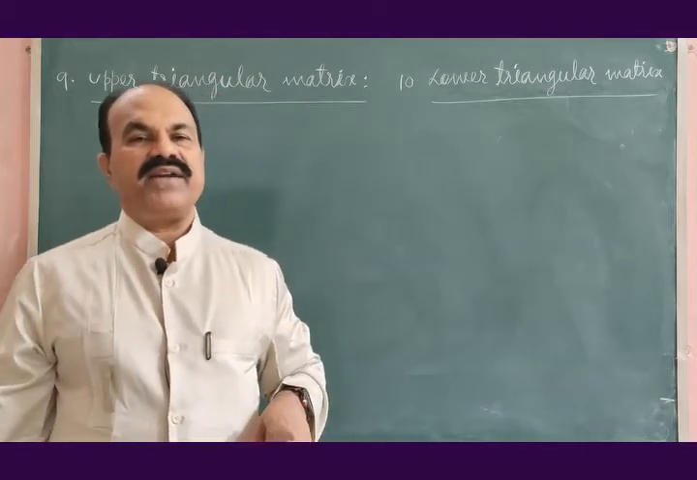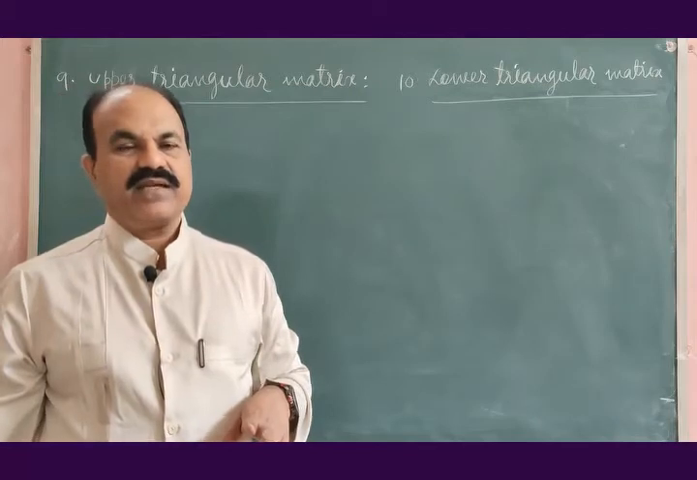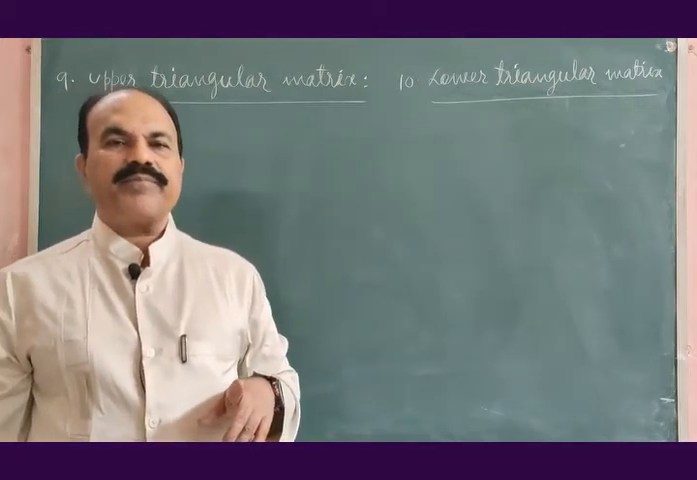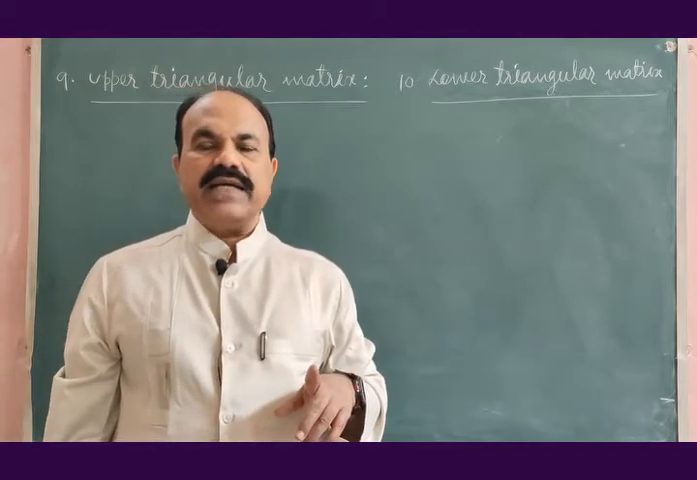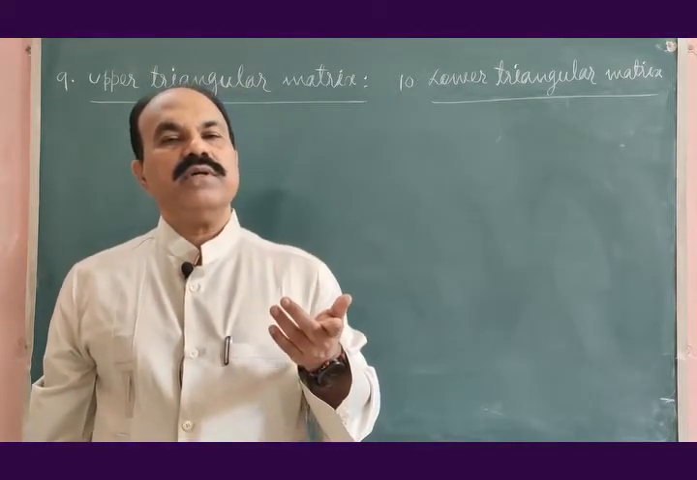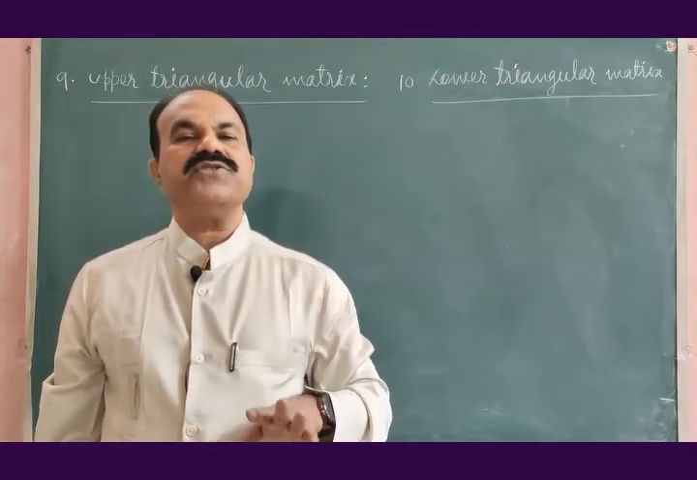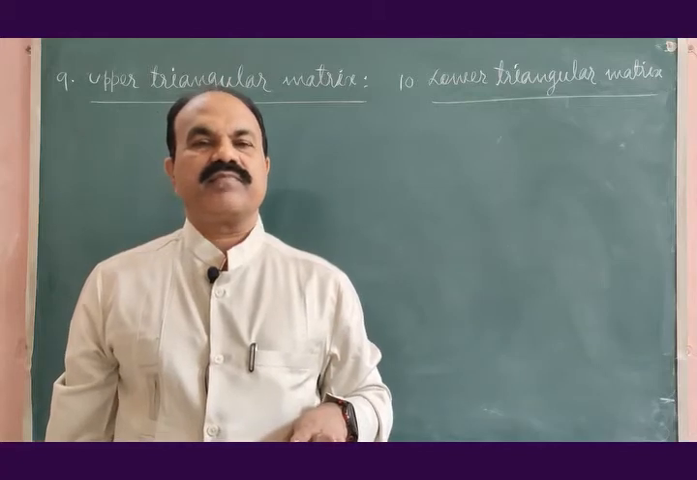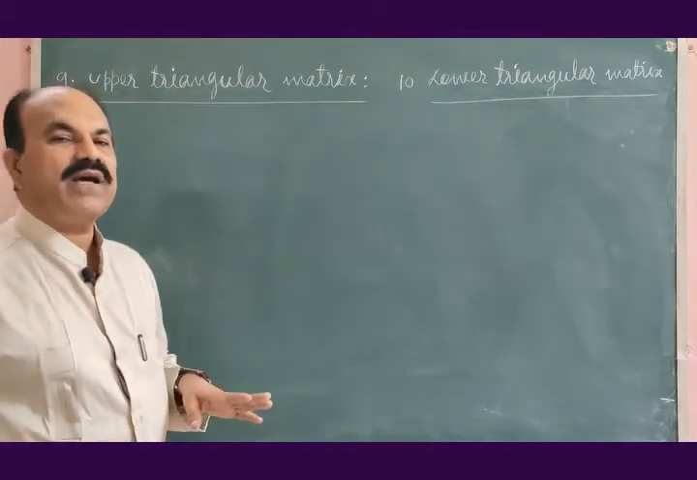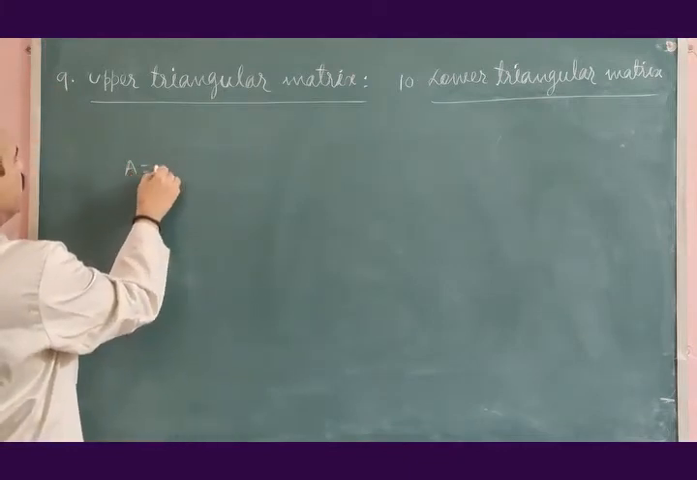Upper triangular matrix is a square matrix such that the elements below the principal diagonal are 0. That matrix is known as upper triangular matrix. For example, matrix A is equal to